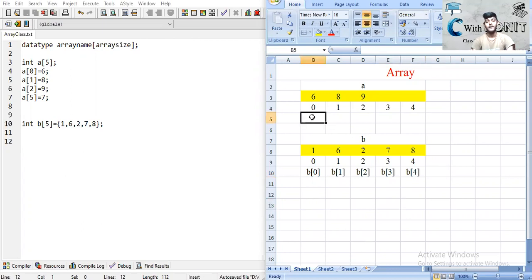Okay, in this case we will give a of 1, then a of 2, then a of 3, then a of 4. And this one will be a of 0. Okay,